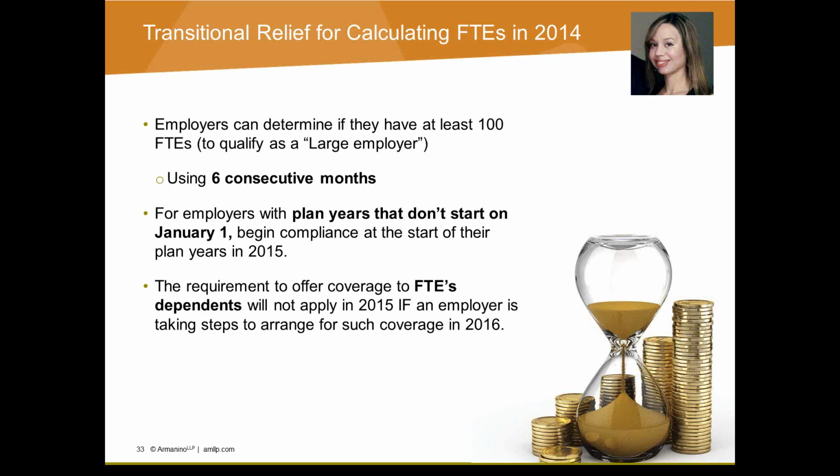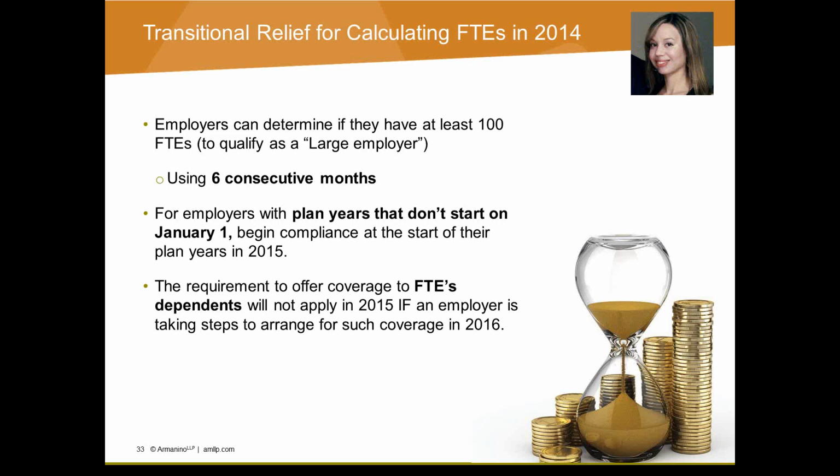But you do have, under the transitional relief, the option to use any consecutive 6 months. So it doesn't have to be July to December. It could be February to July, or any 6-month period that you pick. It just has to be consecutive. So that actually gives people a better chance of not falling under the large employer count, because you can somewhat mitigate that. Exactly. And employers with plan years that don't start on January 1st can begin compliance with the